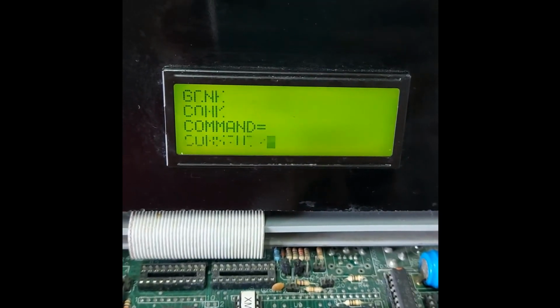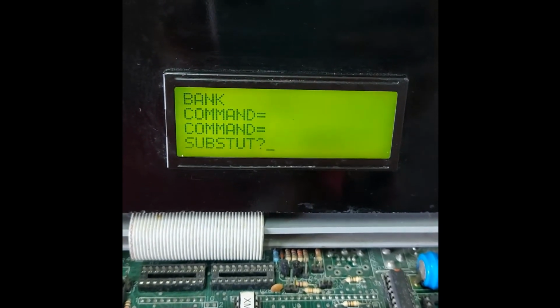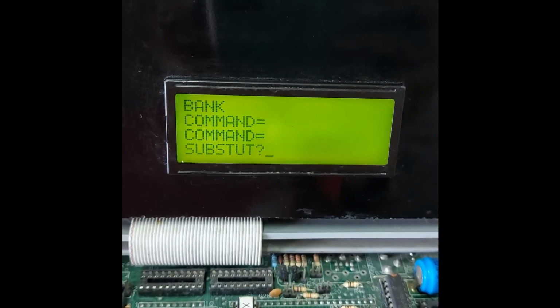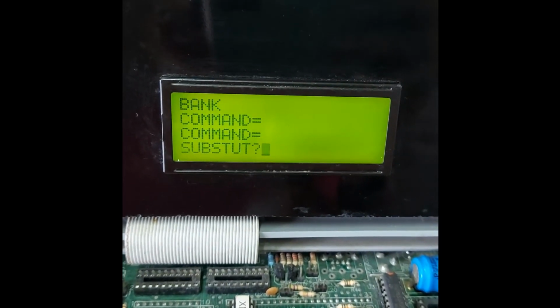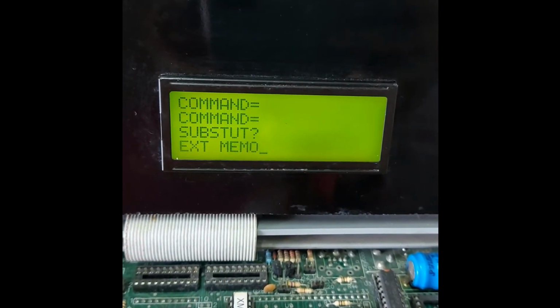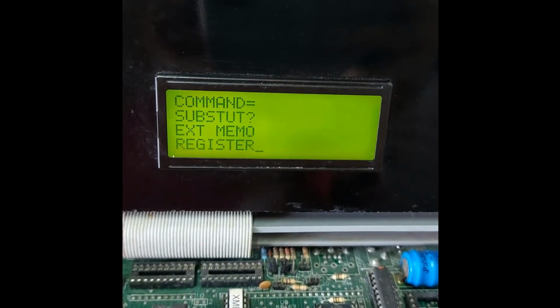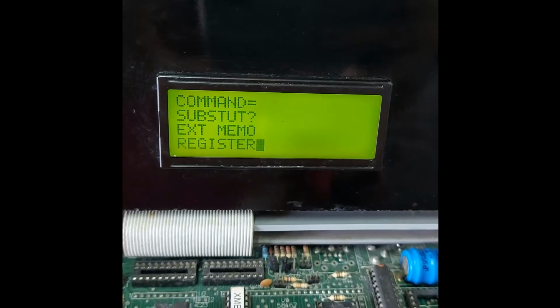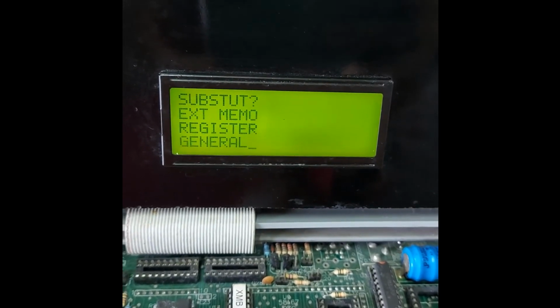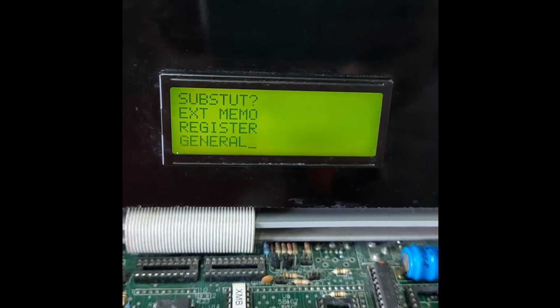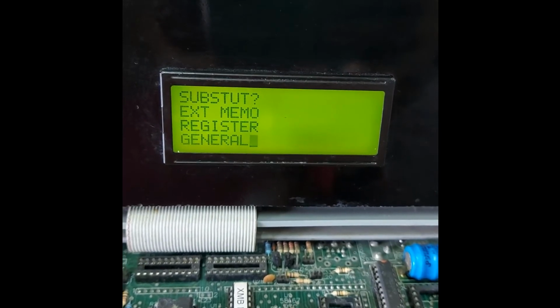We will again substitute the result in another way. We have pressed S again and substitute has come. Then we press enter key. External memory we will not go into, so we are skipping this external memory. Now register came. We are pressing the enter key, and we will skip the general and go to the register bank.